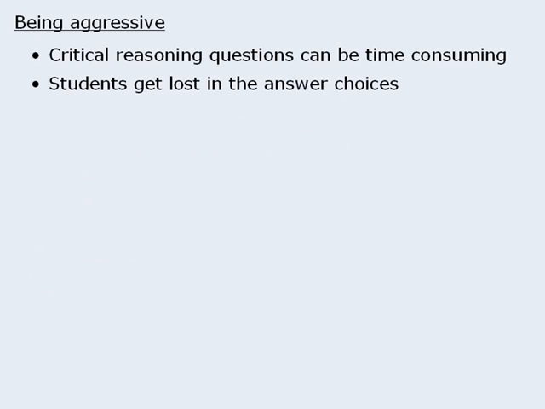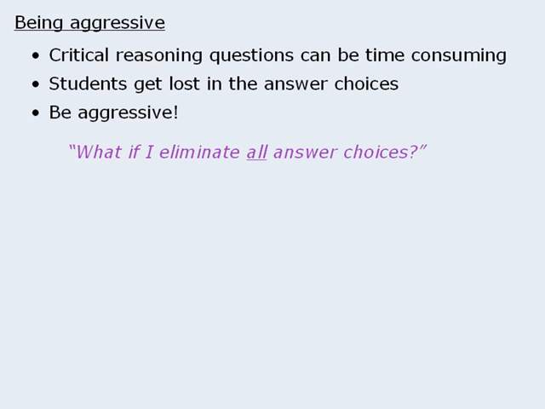To perform well on critical reasoning questions, you need to get in and get out as efficiently and effectively as possible. This will require some aggression. So rather than look for reasons to keep an answer choice, you must be ruthless. If an answer choice seems even slightly incorrect, eliminate it and don't look back. Now, our cautious students out there will ask, but what if this aggressive approach causes me to eliminate all of the answer choices? Good question.